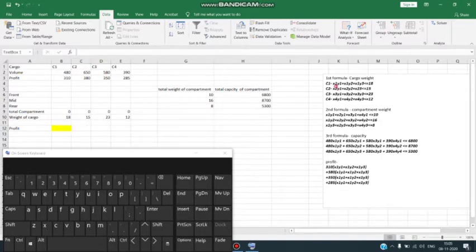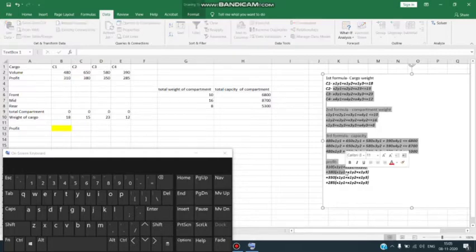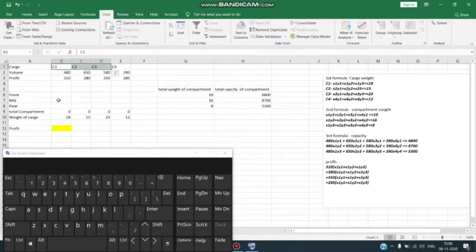Also, I have added the equations that we have created in our previous video. Now let's apply the DOCS method. First we have to identify our decision variable. As I explained, a decision variable is a value which helps us to identify our final optimal solution. In this case, our objective is to find the distribution of each cargo to each compartment, and based on that we have to find out our maximum profit, which means we have to identify the values from B6 to E8. So the values from B6 to E8 become my decision variable.